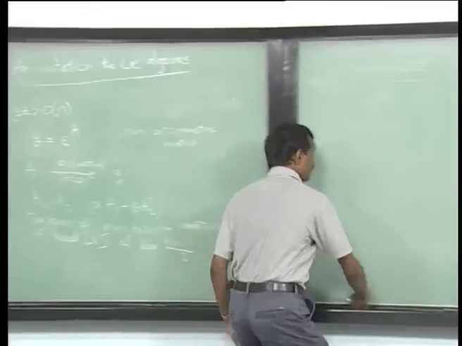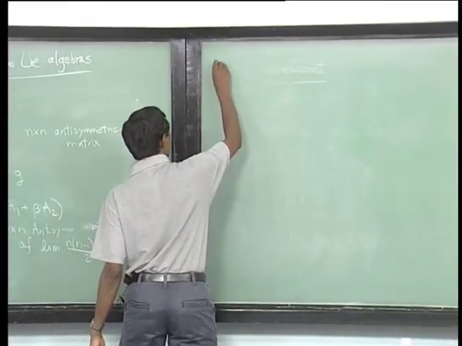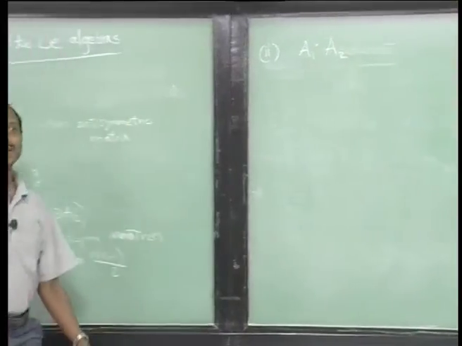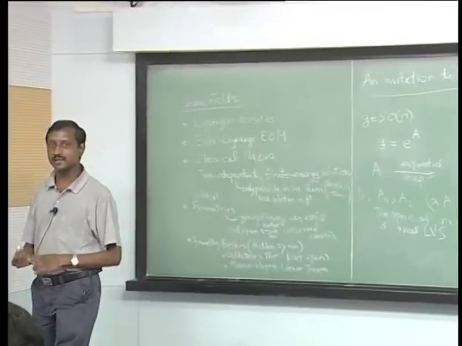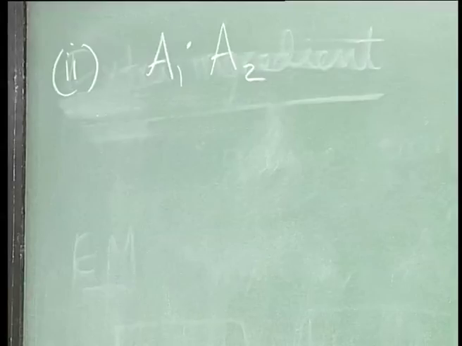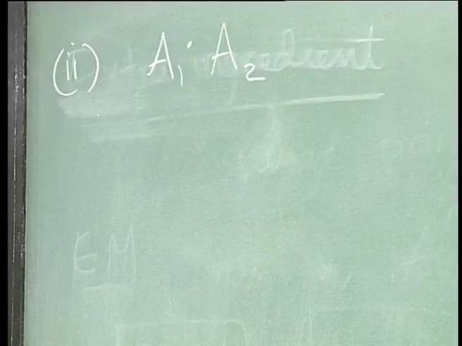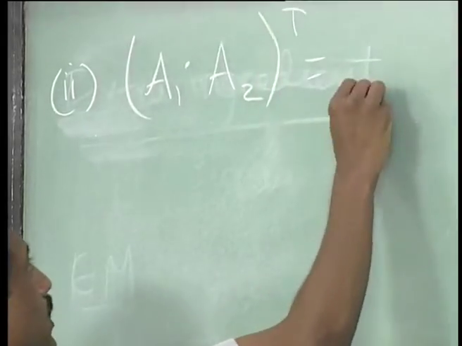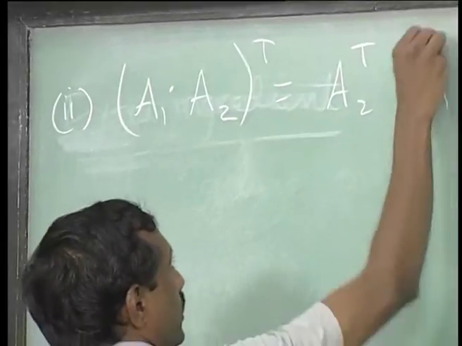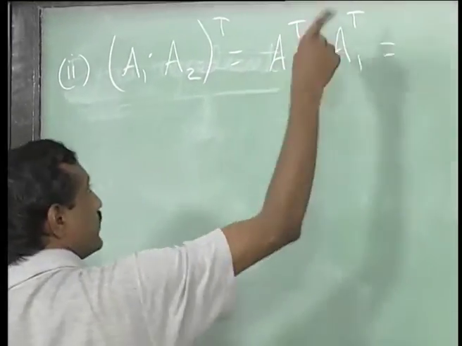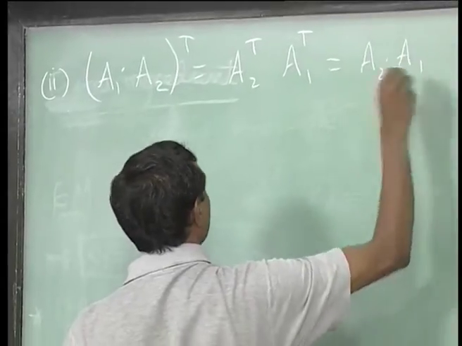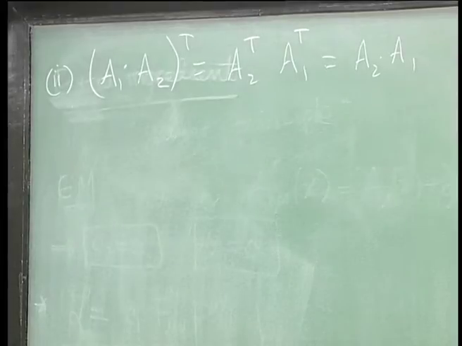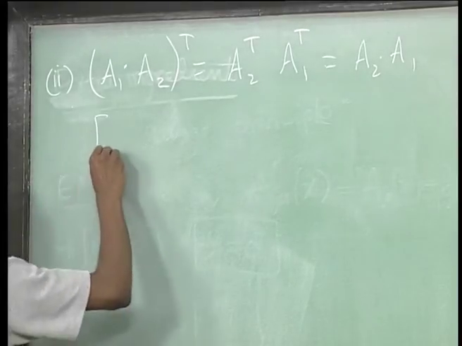Before we even look at that, the key point is, suppose you look at the product A1 times A2, where A1 and A2 are antisymmetric. Is the product antisymmetric? No, it is easy to see it is not, because if you take the transpose, it is A2 transpose A1 transpose, and these are minus of each other. So it is equal to A2 dot A1. It is not antisymmetric, there is no structure, but if you take the commutator,